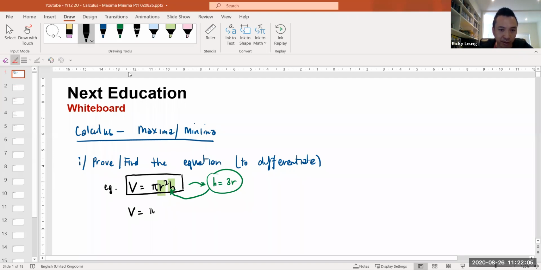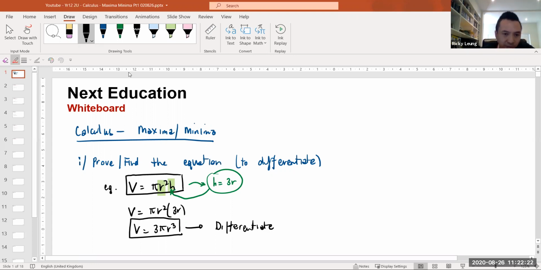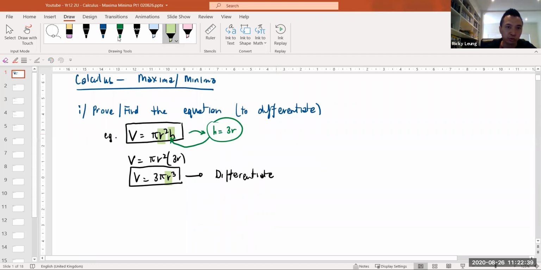So it might be like pi r squared times 3r, which we get as 3 pi r cubed. And then we differentiate this. So in part 1, it's all about finding the relationship between the 2 variables. So then we can sub 1 into the other to make it only 1 variable, so we can differentiate. Now, which leads us nicely onto part 2,